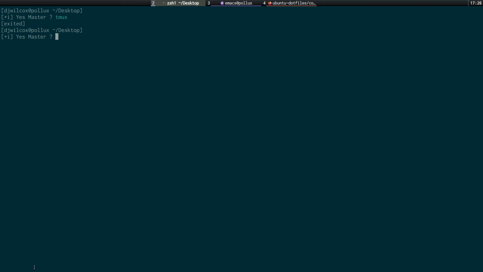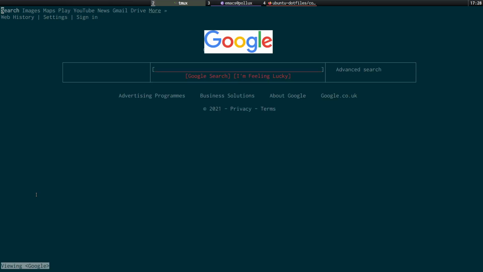So what I'll do is I'll just start TMUX now, and you can see there's no status bar. If you want to enable the status bar, you can press the keyboard shortcut, which I think is by default Control B, and then you can type set -g status on or off, as the case may be. But I'm not going to do that for the moment. What I'm going to do is open up w3m and show you how, when the status bar is turned off,